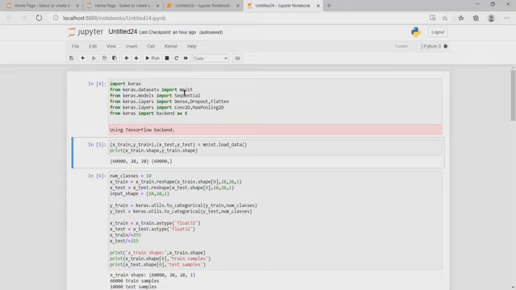First of all, import the libraries. I am going to import many libraries. First, I am going to import the Keras library. It is an open source neural network library written in Python and its API is designed for human beings. API means Application Programming Interface, which is a software intermediary that allows two applications to talk to each other.